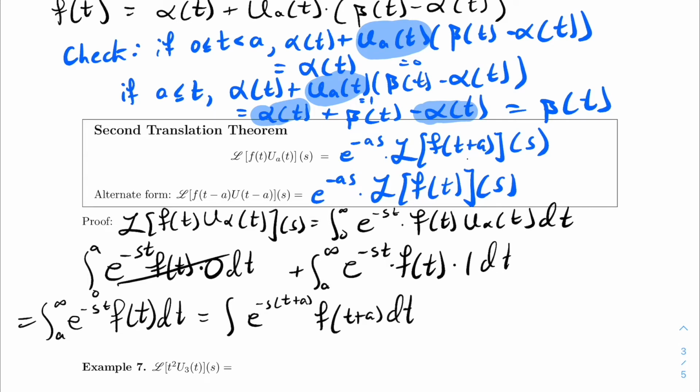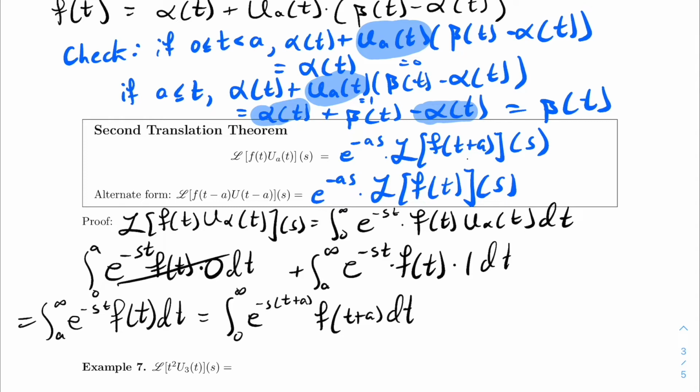All right, why the heck am I doing that? Well, because I'm trying to change these bounds. Instead of having bounds from a to infinity, it would be good to have bounds from 0 to infinity. But that's not going to happen if we're using t, because t starts at a and ends at infinity, right? But t plus a, if t starts at a,